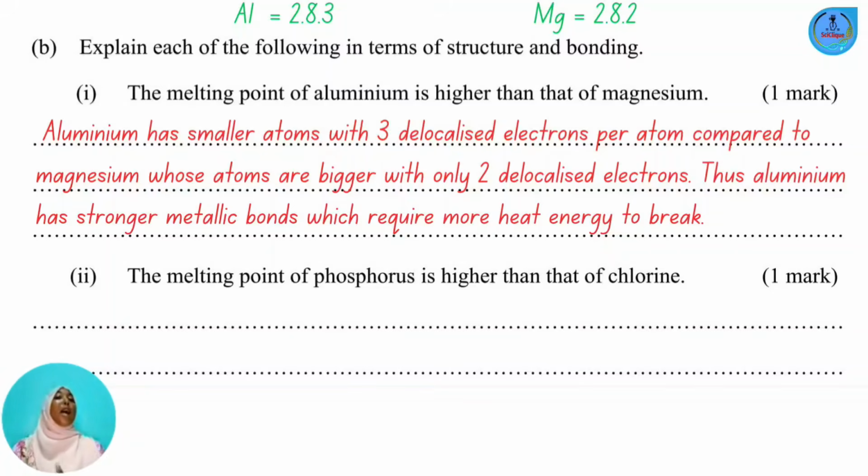Aluminium has smaller atoms. And yes, remember what we just stated. As you move from the left to the right of the periodic table, you have a decrease in the atomic radius. So sodium has the largest atoms, followed by magnesium, and then lastly aluminium, which has the smallest atoms and therefore the smallest atomic radius. Now, the atomic size is also important, because when you have metallic atoms that are small,